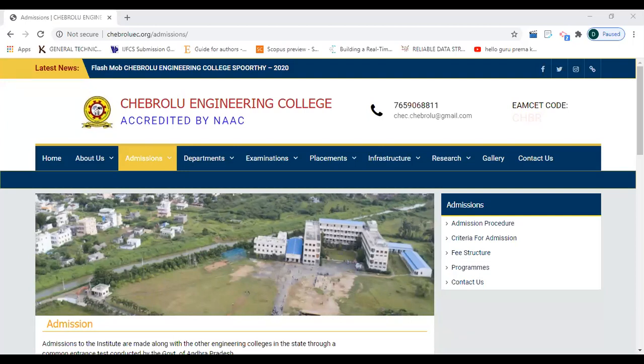So whatever the example we have seen now, that is not a single element architecture. Here, we have the design of a home page, and after that the admissions page design, after that the placements page design, after that the contact us page design. So here we are having different modules with different pages. Each and every page is called an element or module. So we are gathering all pages.